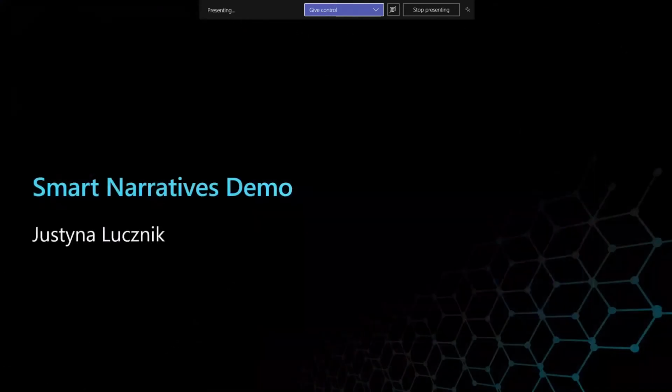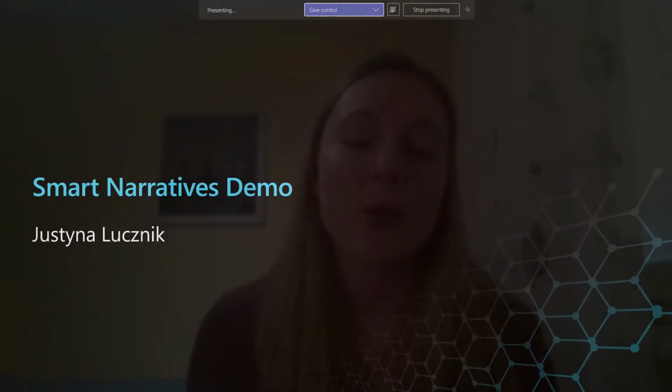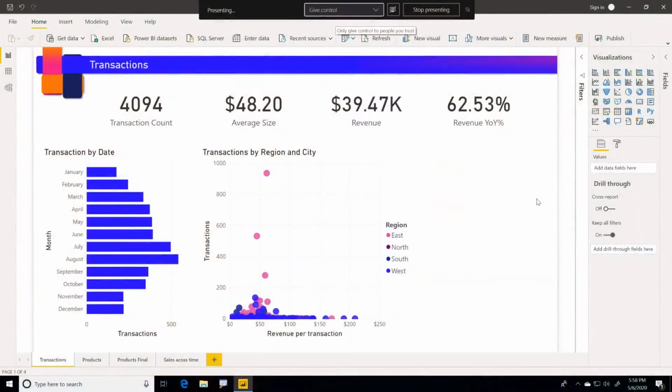And here, I don't want to spend a huge amount of time talking about this. I just want to jump straight into the demo and show you what kind of experience we are delivering. So I'm going to jump into my other Power BI file over here. And what we've got over here is a page just looking at my various transactions. And we've got a couple of visualizations that are pretty self-explanatory, such as my KPIs and my column chart over here. But there's something that I may want to get some additional information about, so just my scatter chart over